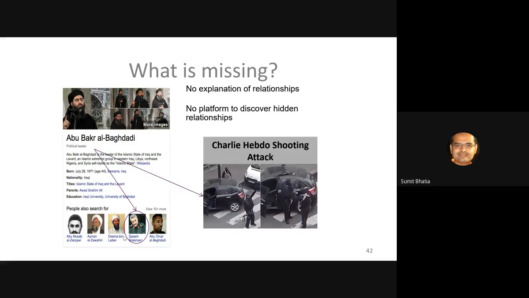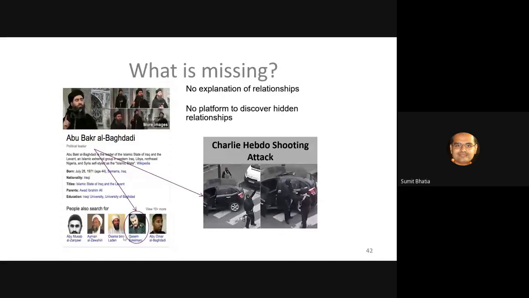Now, how will it be useful in the context of security and terrorism related activities? Let's say there was this unfortunate shooting attack on Charlie Hebdo magazine in Paris, right? Let's say the security agencies want to search: is there a connection, could there be a connection between this terrorist suspect and this shooting attack? Can we use the graph to find out if there is a connection between them, or a connection between this drug lord that we are investigating and some other hidden criminal connection? Can we use the graph to find that out? That's the exact case they put forward to us.